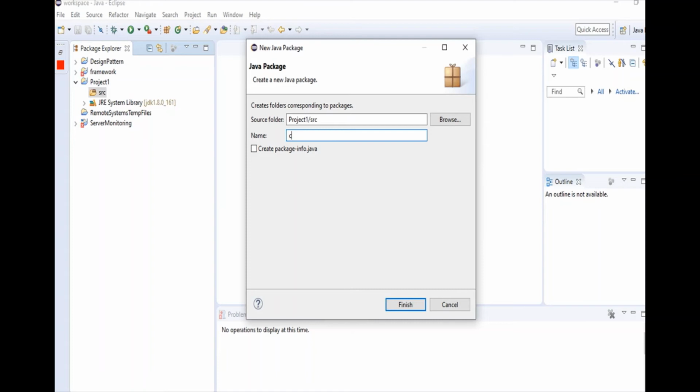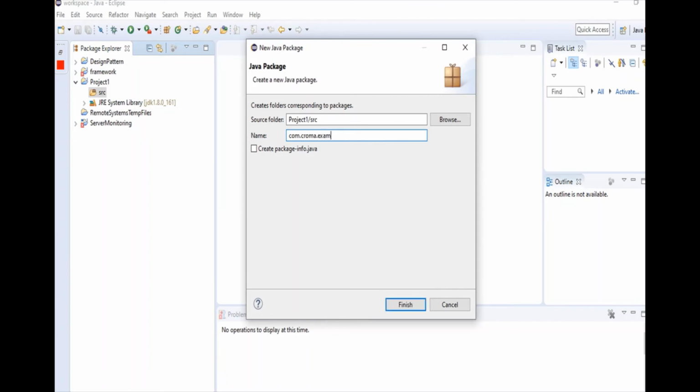We have to type com. Com is basically for a commercial project, or org. We can write org dot the name of the company. So let's say com, for a commercial project, dot the name of the company, which is Chroma, dot whatever you want to write in this directory, what kind of program you want to write in it.